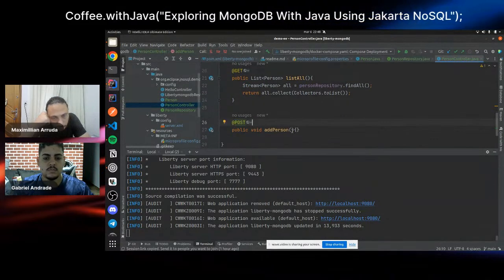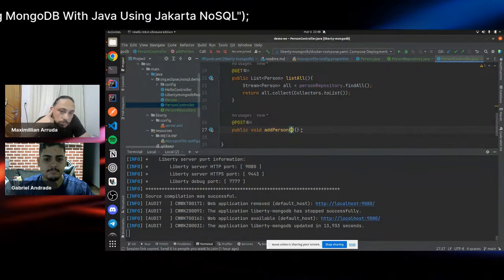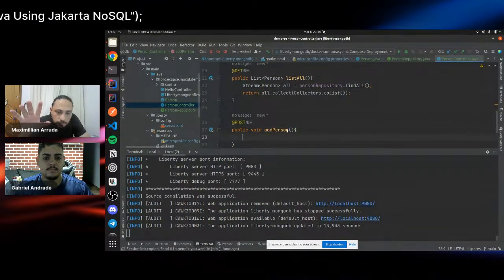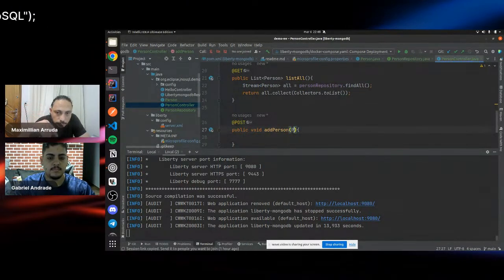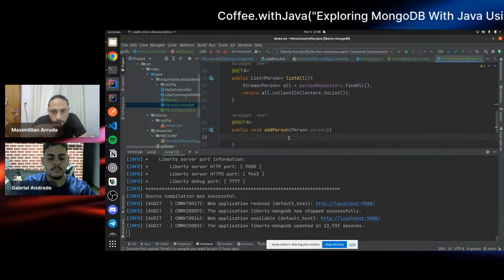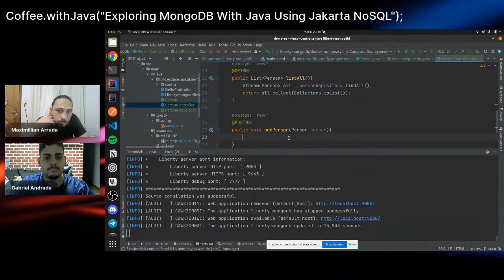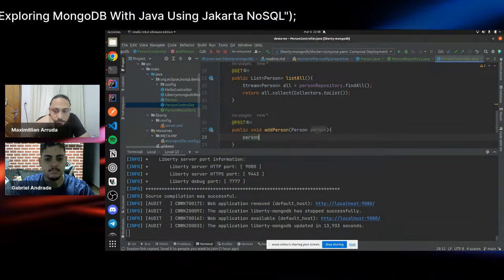Yeah, it's a post. And we could use our entity as payload. Okay, and let's persist that thing in our person repository.